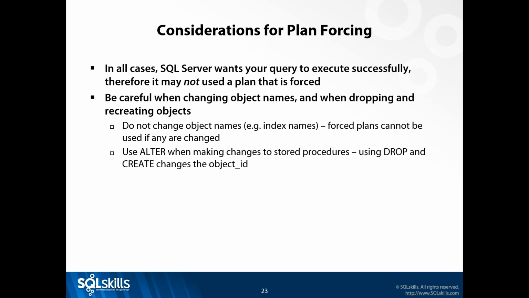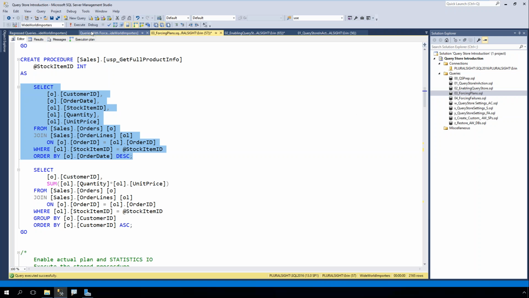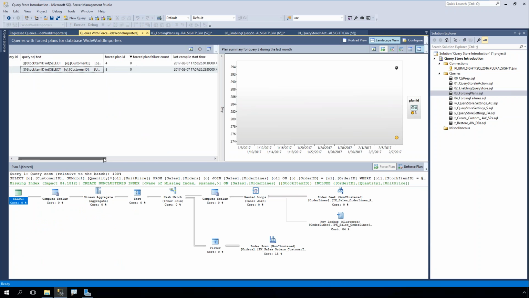And here's the kicker at the end. Notice this for all of you lovely developers out there. Use ALTER when you're changing your stored procedure. Because when you drop a stored procedure and then create it, because you've changed the code in it, that changes the object ID. And what you may or may not have noticed when we were looking at Query Store is that in Query Store,